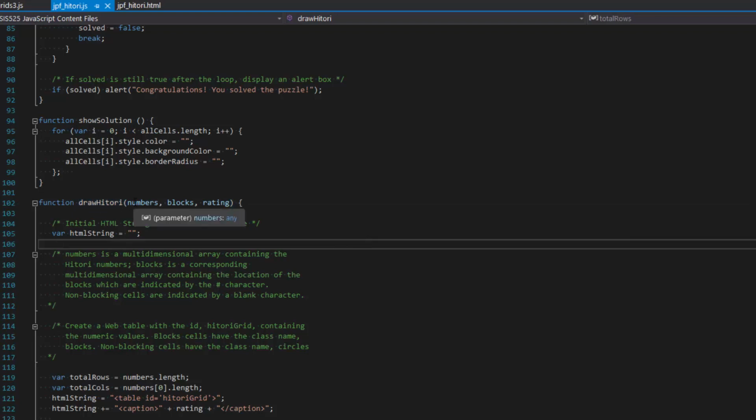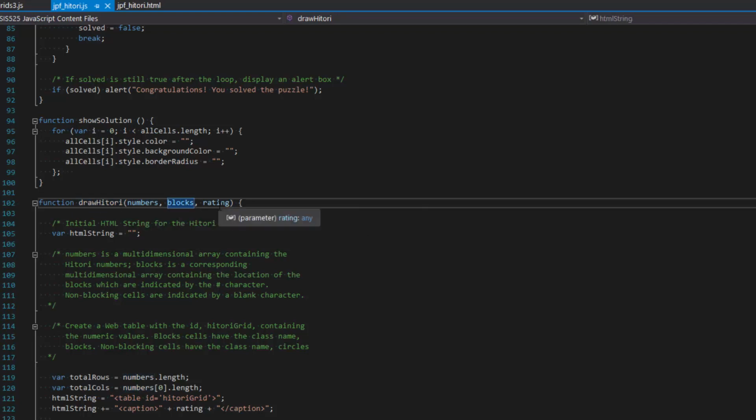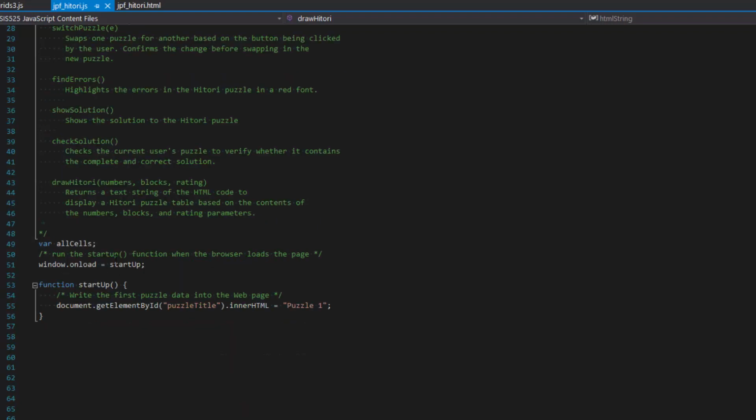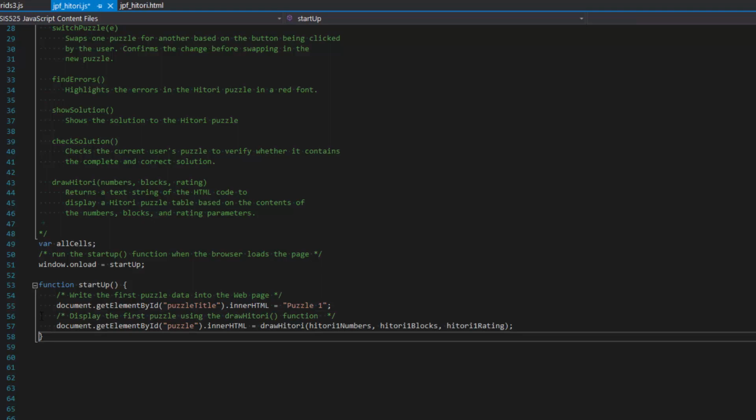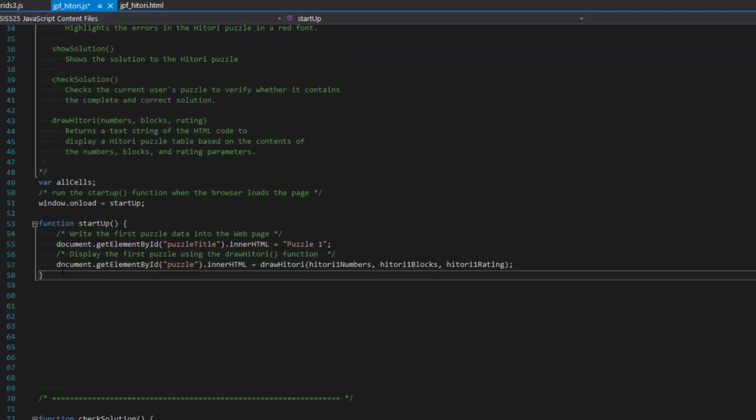And you can see it takes 3 parameters, the numbers, the blocks, and the ratings. So we're still working inside of our startup function here. Just add in a new comment that reads display the first puzzle using the Hattori function that we saw down below there. So we use a